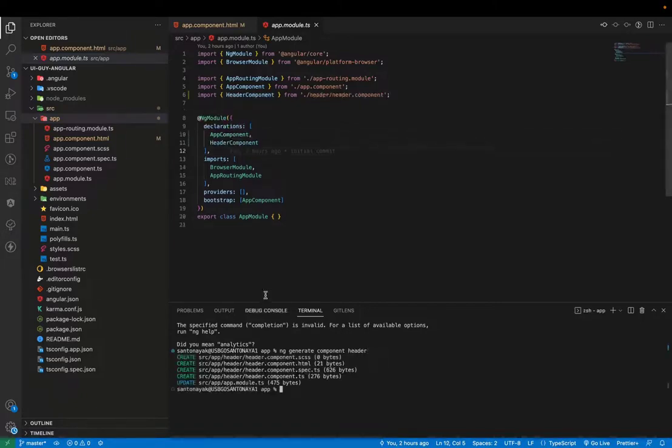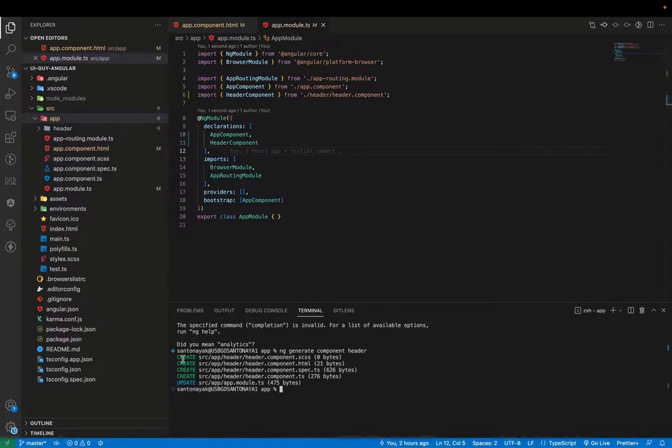Okay, I'll hit enter, and as you can see, it created a header component: the CSS or SCSS file, the HTML file, a spec.ts for the unit testing, and it also updated the component name in the app module. If you now go to the app module, you can see the header component is there. So by default, the new component is now a part of this app module, as there is only this one